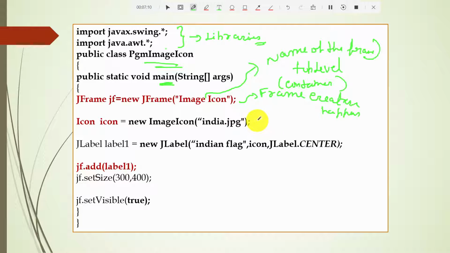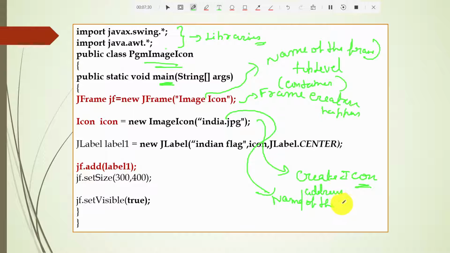Here I create the icon, and this is nothing but the name, or address, of the image or icon.